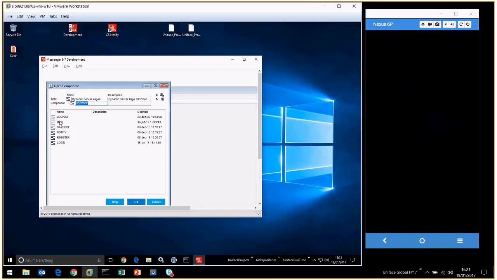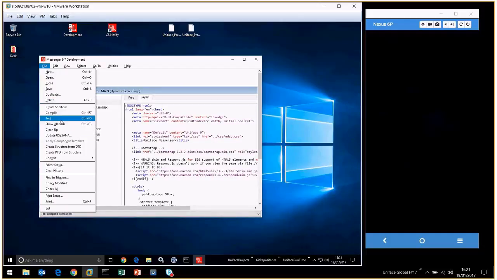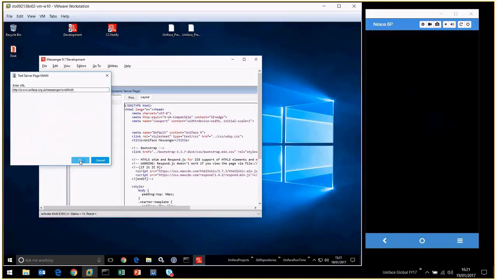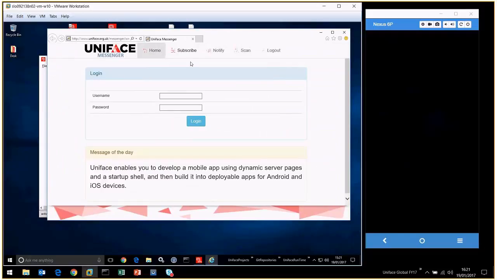Here's my outer page. It's got some containers in it. And if I just run that, we can see I just have my DSP app. I've built this with mobile in mind, so I've used responsive techniques. So what you can see is I've got a menu bar along the top,